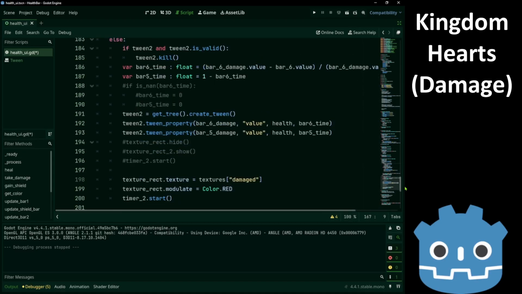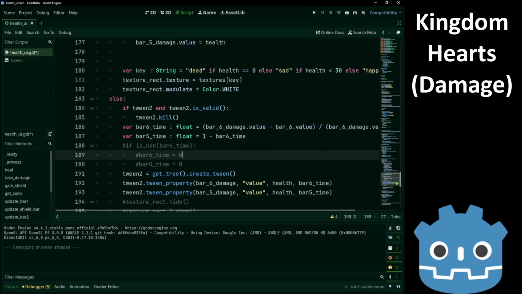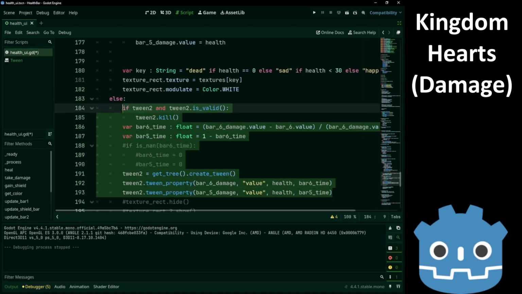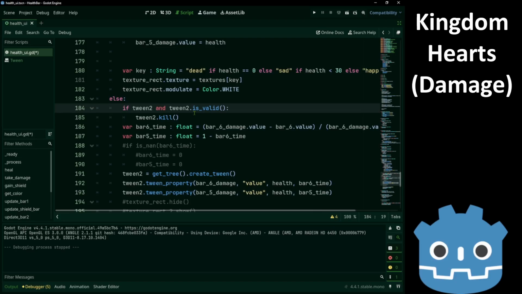If we are taking damage, it's this one over here. We stop the twin. And now we want to see how much time we'll spend on the horizontal damage indicator, and then subtract that value from 1 to see how much time we'll spend on the circular damage indicator.